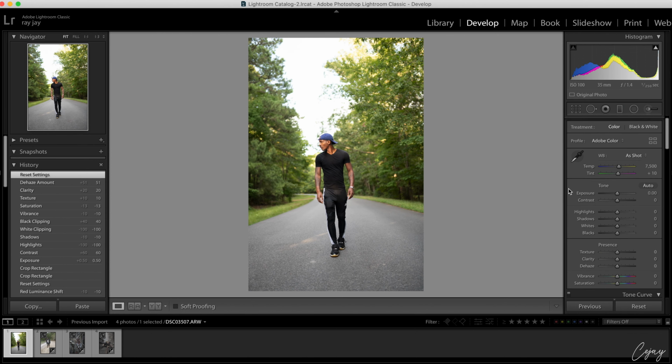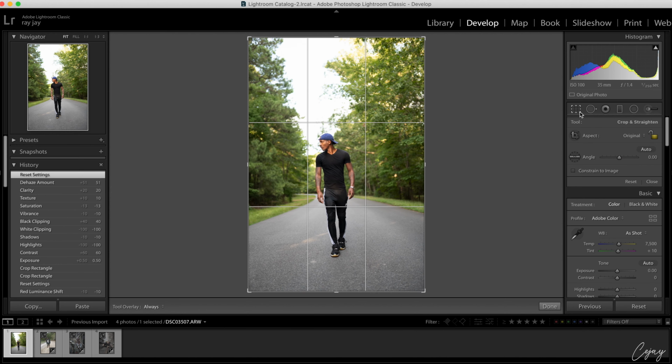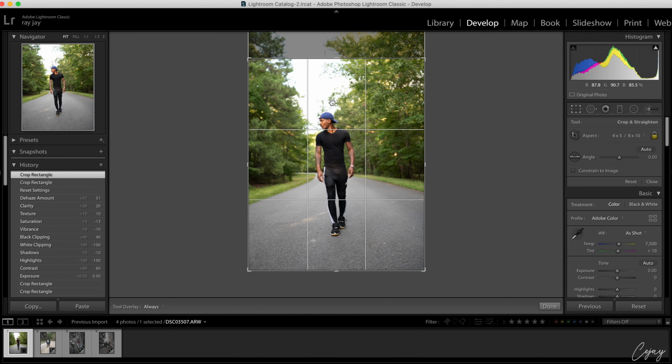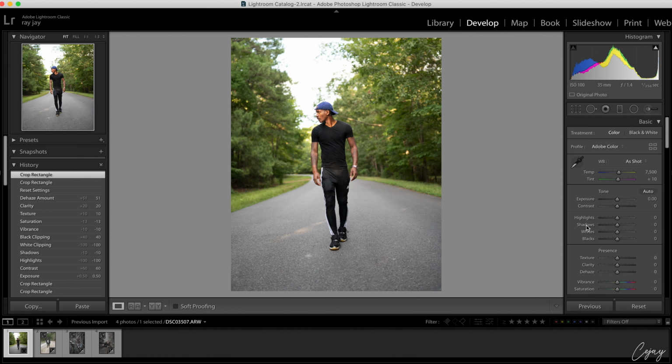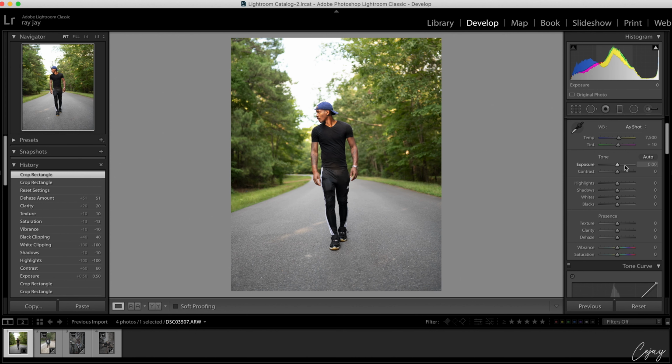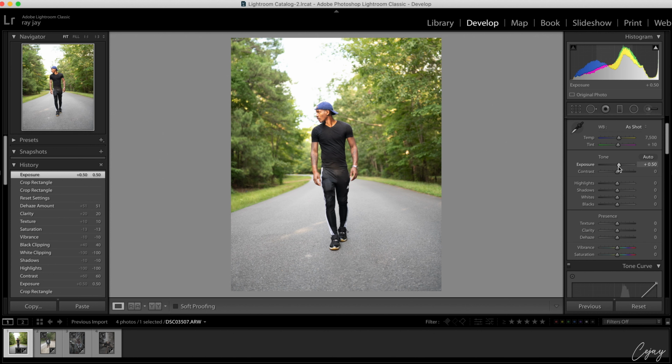Alright, first what I normally do is I crop my photo. I usually crop it to Instagram standards, which is 4:5. So that gives me a good idea of how it's gonna look when I post it on Instagram. Then I go into my exposure. My exposure, I will be bringing it up to about 50%. And since we're going for that dark contrasty look, we're gonna bring the contrast all the way up to about